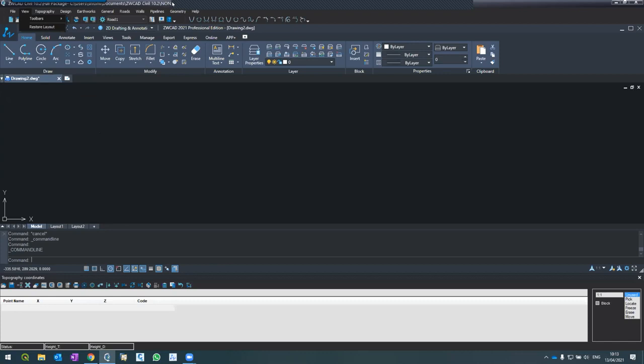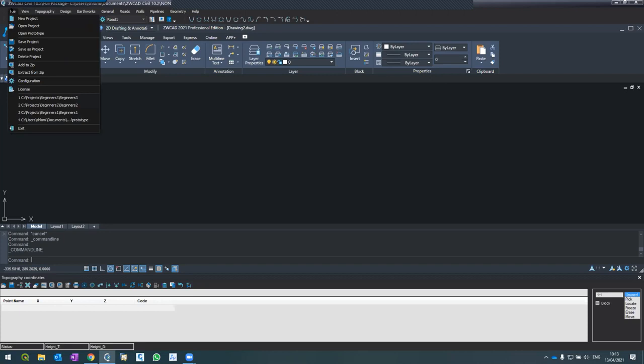We don't work in no name. We open a new project or open an existing project, but we don't work inside no name. We also learned about prototype. In the prototype, we can define how we work with the system. And we learned how to